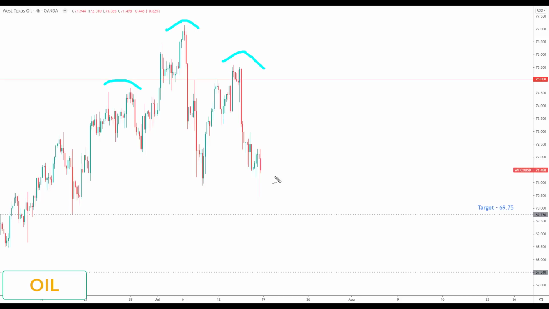You can sometimes get these kind of reversals and false breakouts in head and shoulders. However, I am still bearish on crude oil going into next week. Any pullback in this market once again, and potentially look for a pullback towards a 74 handle, would be viewed as an opportunity to start to look for bearish reversals down to the next key of support to the downside and the target set at the 69.75.